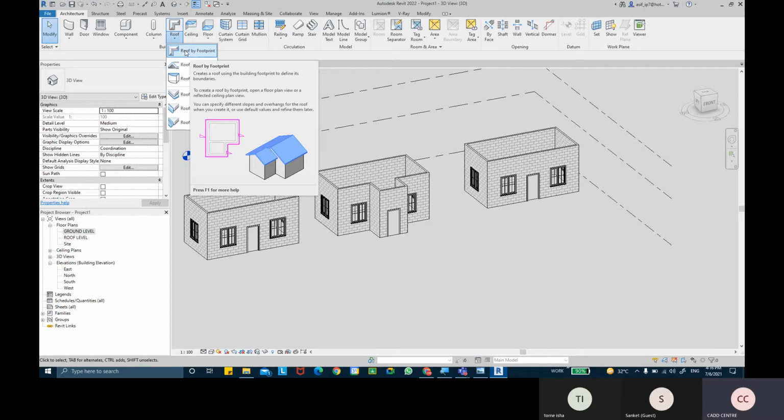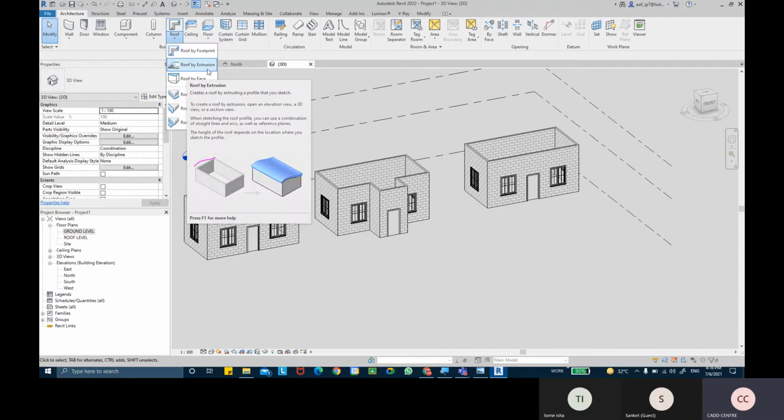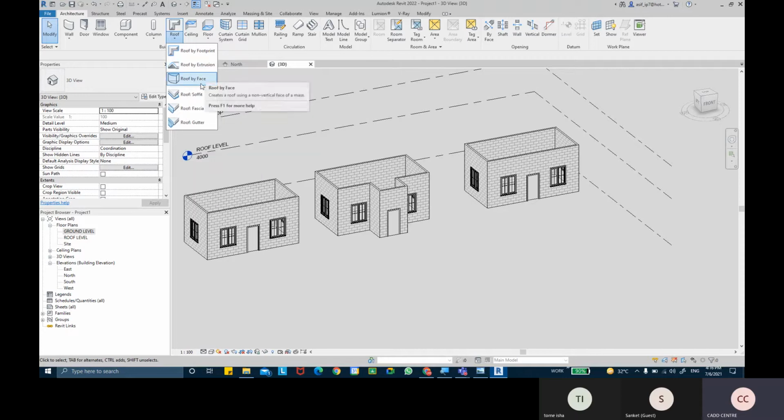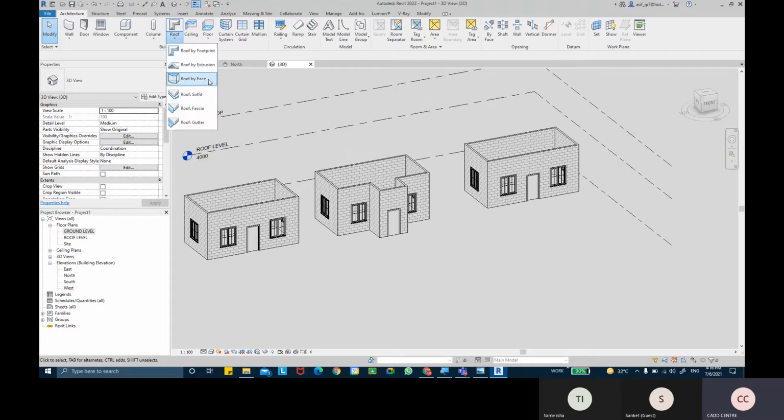One is roof by footprint, the second method is roof by extrusion, and the third method is roof by face. So we have three methods: footprint, extrusion, and face.